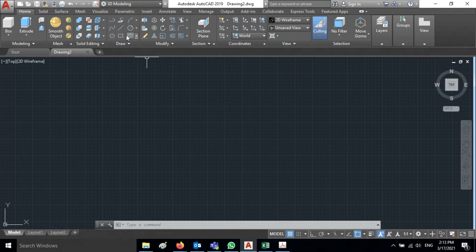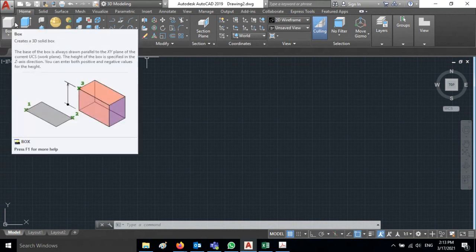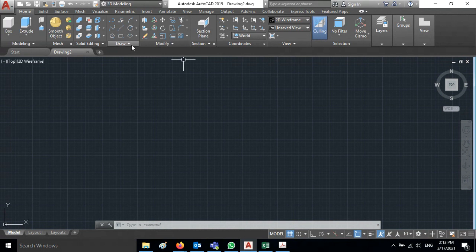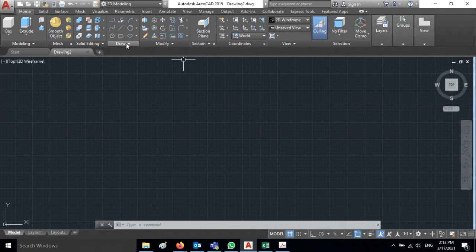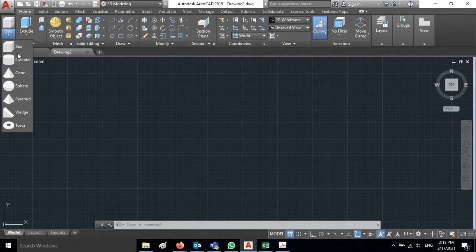We'll see one by one how to create these objects and how to use the modify and draw tools, because without draw and modify tools you cannot completely create different 3D objects. If it is a simple shape, you can use this one. If it is a complicated shape, then you have to use both the 2D and 3D commands together to create complicated objects.